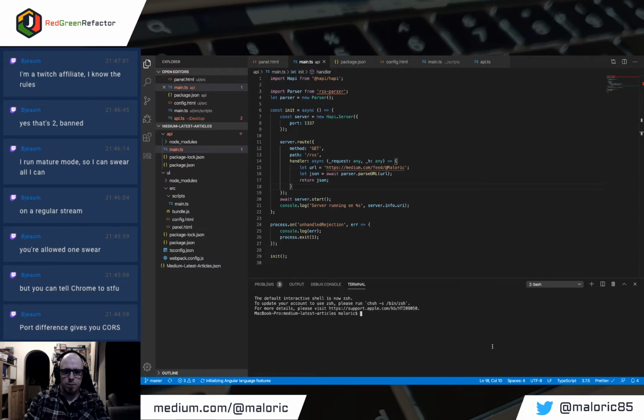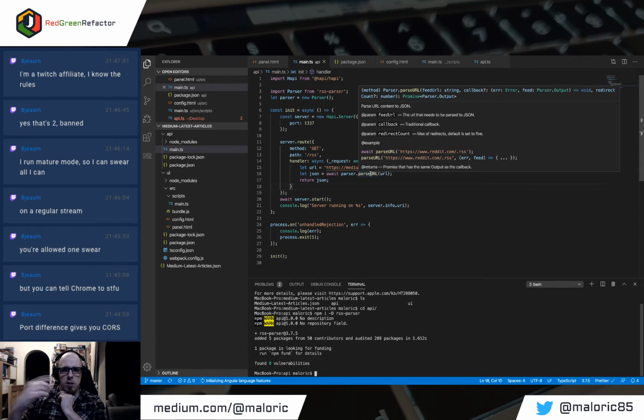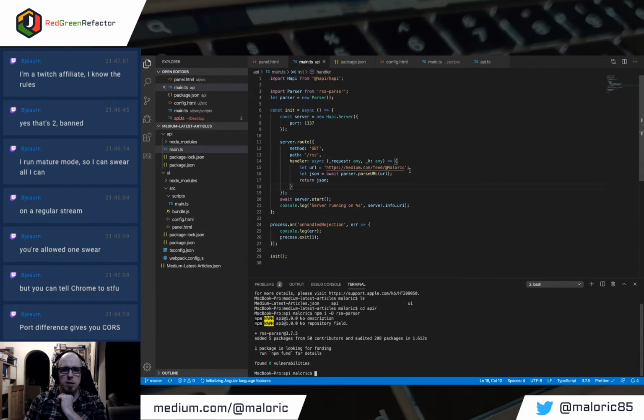Add that in here. npm install dev. Wait, hold on. I should get into the API folder first. RSS parser. RSS parser's got a couple of useful methods on it. You've got parseURL, which is really useful because it's doing a fetch and then parsing it as an RSS feed for you. But you can also do